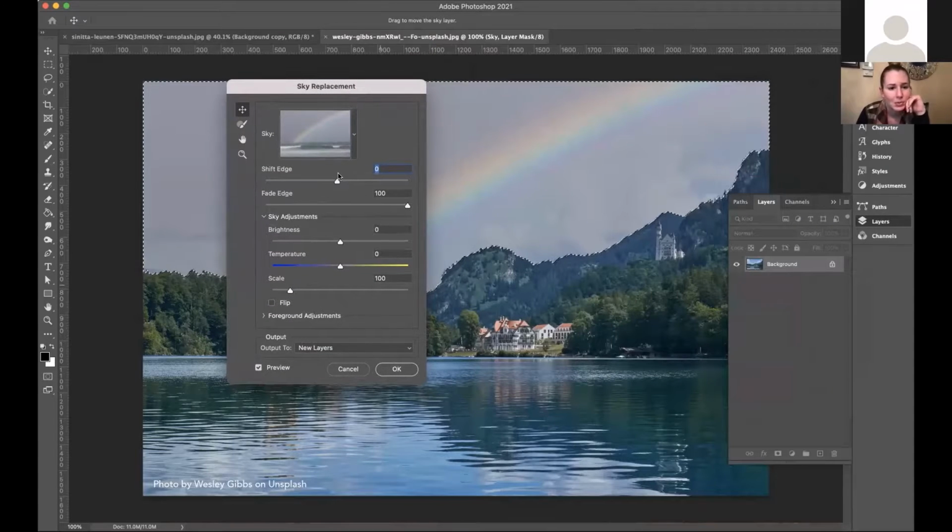The rainbow there in the background. So, and then you have all of these different adjustments that you can make to it. The brightness to make it look more realistic. If the photo is kind of dark, you can change things so that it matches the rest of